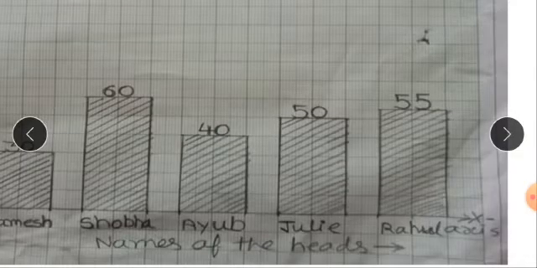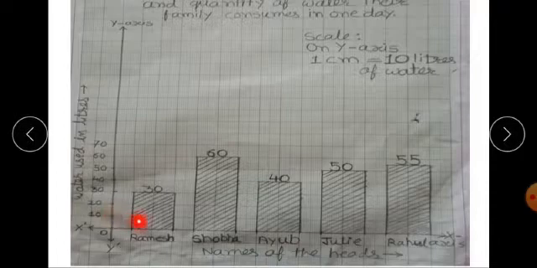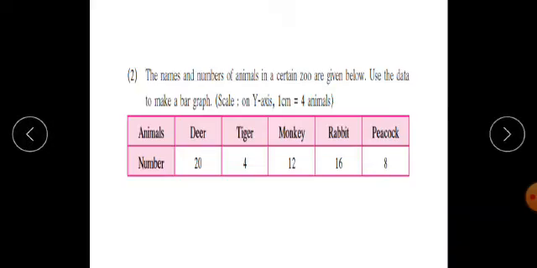Now students, if you look at this graph very carefully, the distance between y-axis and each and every column is equal, which is equal to 1 box. Now the height of these columns differ because different families use different quantity of water in a day. But if you look again carefully at this graph, the width, that is breadth of each column or rectangle is equal, that is equal to two boxes. So students, accordingly you also have to draw this graph on graph paper and paste that graph paper in your copy.